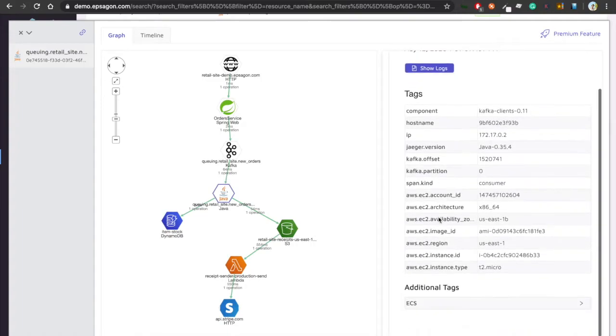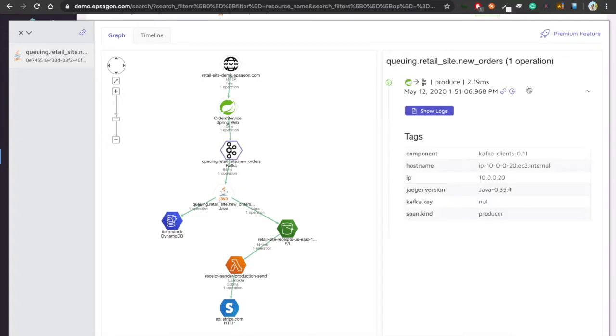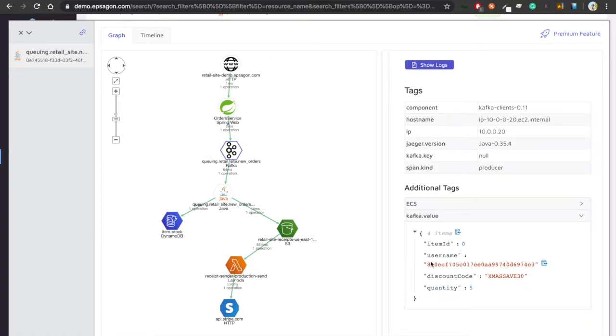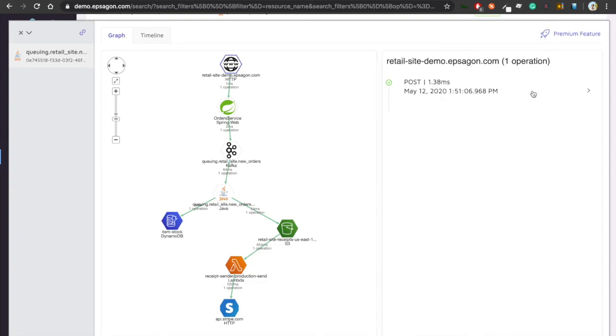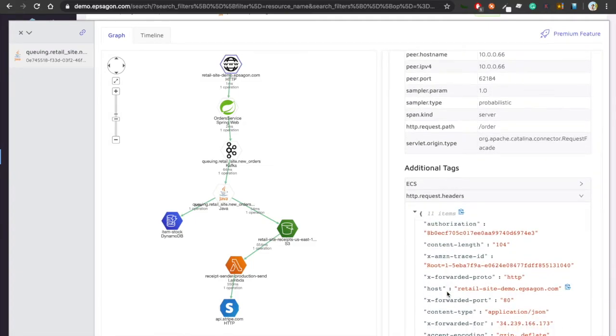I can easily see what went on in this specific service, what ECS cluster and services it's running on. Or for example, if there's been a problem, I can debug the Kafka message to understand exactly what value one service transmitted to another, and go to each and every service, each and every call in my stack, in an automated way. For example, again, seeing the request headers or the request params that got into this request in the first place. Super simple to understand in this kind of flow, instead of troubleshooting logs all over the place.